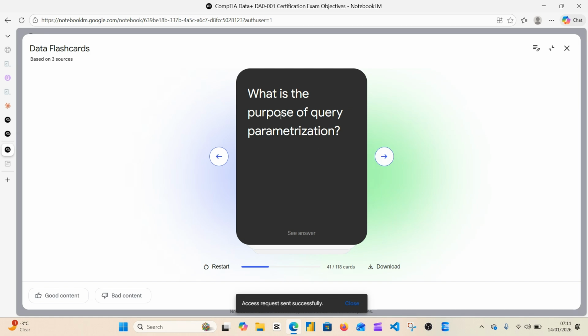What is the purpose of query parameterization? Query parameterization is the process of creating variables for reusability. I think so. I know so. Yeah, it's the process of creating variables for reusability, so that you can refer to variables instead of actual numeric